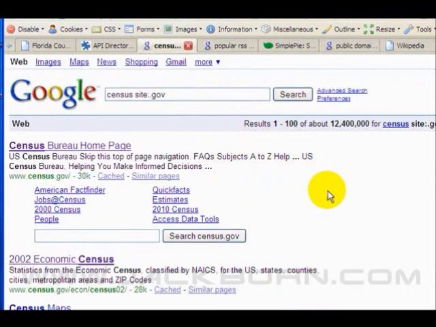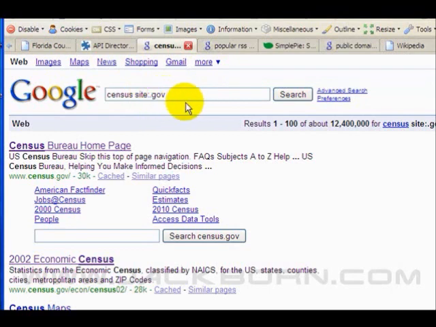A great place to get public domain data is from our government. From what I understand, anything that our government creates, and that's the United States government, is paid for with taxpayer resources, and so that data, that work is available for us to use free. There's no copyright on it. We get to use it. So you can go to anything. You can go to Google and type in anything with